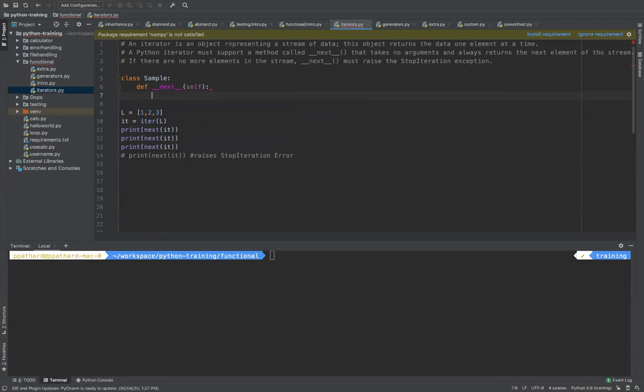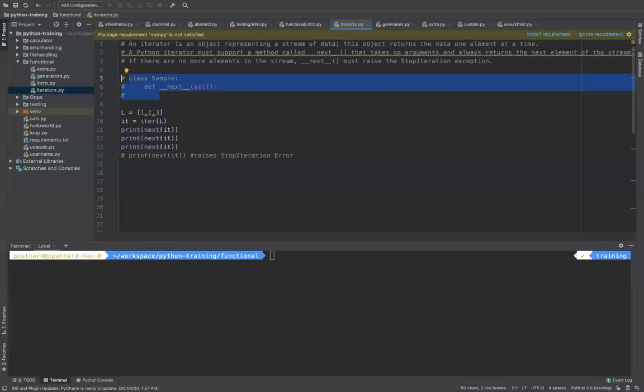It should always give you the next element, so the next has to be there at any given moment. We are not going to implement a separate sample right now. We are going to take an inbuilt class called list. We already know what is a list. List is a class itself in Python, which already has this next method defined.